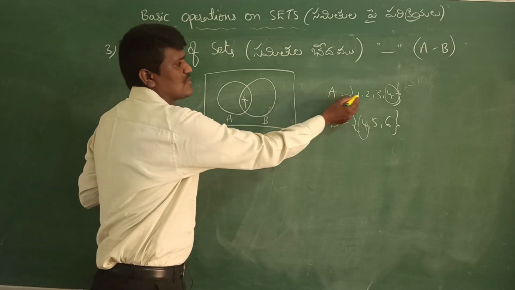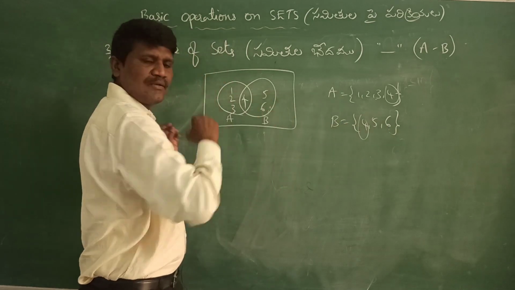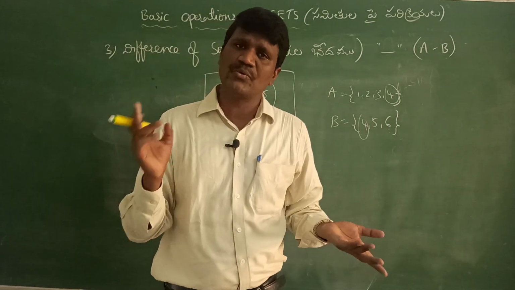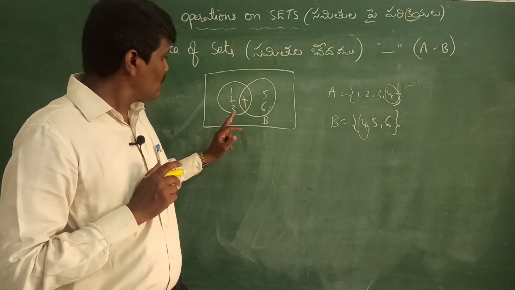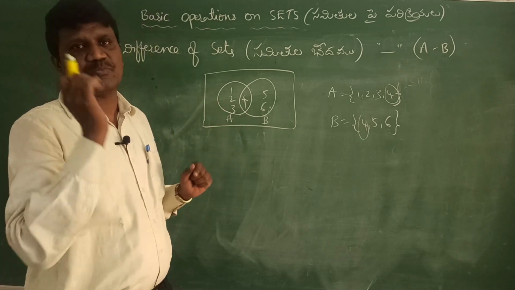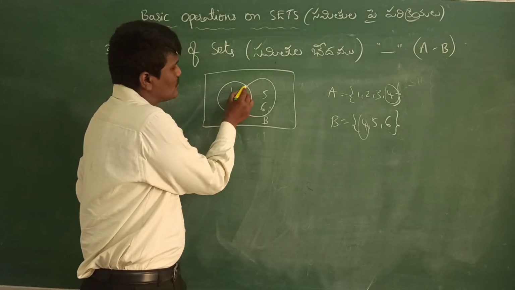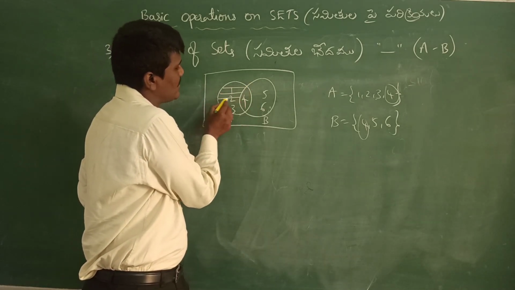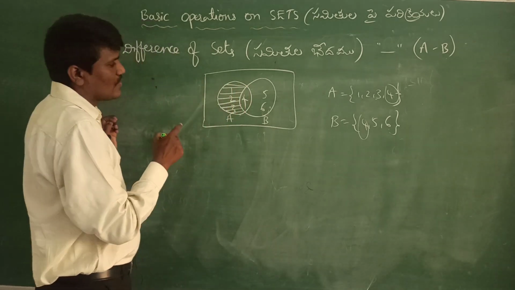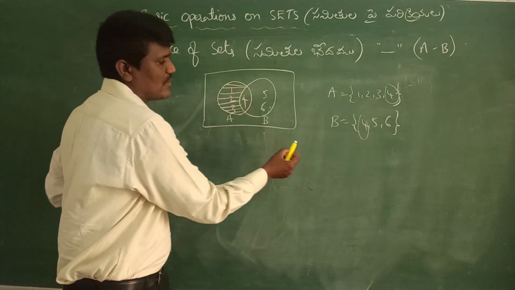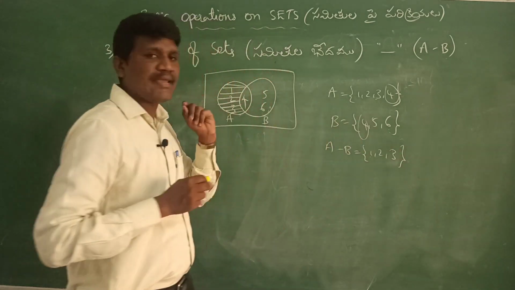Now remaining elements of A are 1 2 3, right here. Remaining elements of B are 5 6, right here. So representing of elements is common for union, intersection, whichever we take, representation of elements is common in the Venn diagram. Now what is A minus B? A minus B అంటే ఏం చెప్పుకున్నాం మనం? Pure A. ఇక్కడ this part will be A minus B. A elements ఉన్న దాంట్లో only 1 2 3 ఉన్నాయి కదా, మనకి A minus B అంటే ఏంటి? 1 2 3, right. So this is A minus B.